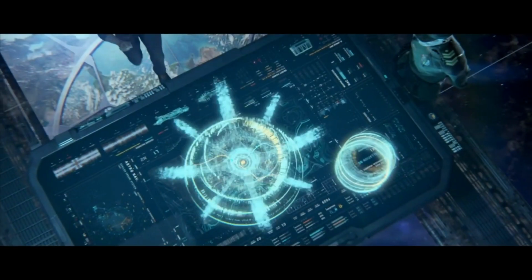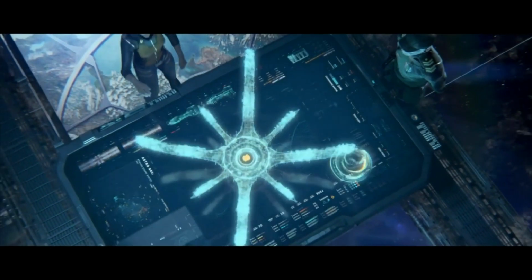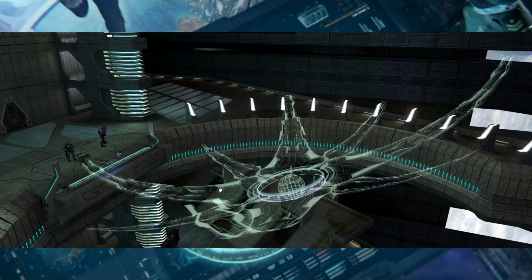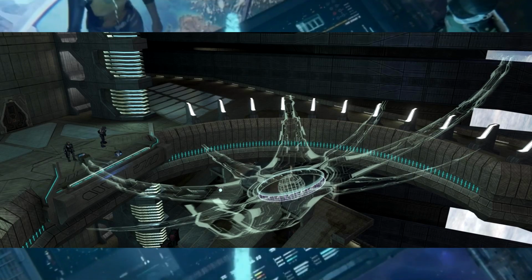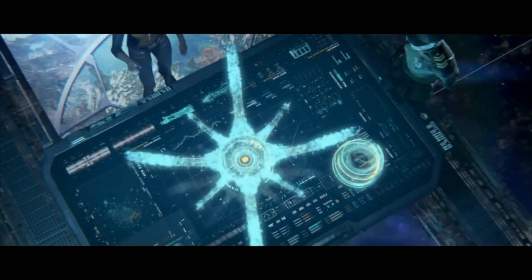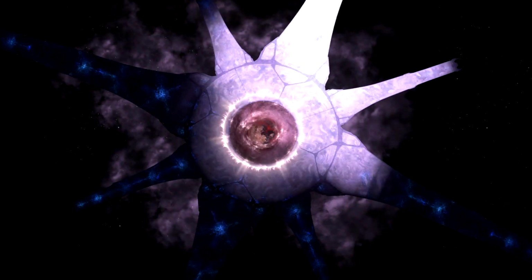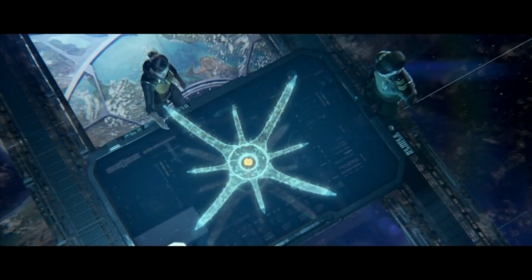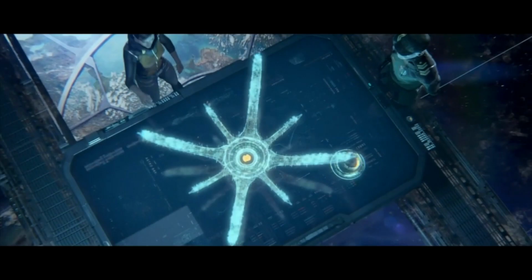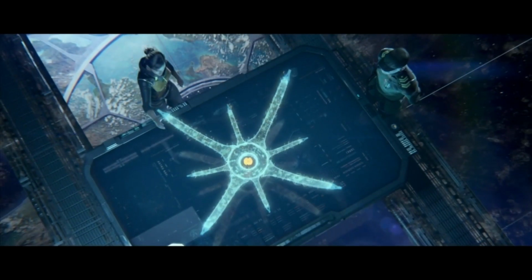Here we have a really cool hologram of the Ark. Now the Ark in Halo Wars 2 actually does look slightly different to Halo 3. The petals seem to stick up a little bit more than before, and the terrain seems far more visible and much like a Halo ring. The smaller petals have also shrunk quite significantly in width, and now look a lot thinner. Other than those things though, it looks almost identical, even down to the small intricate patterns that look literally identical,